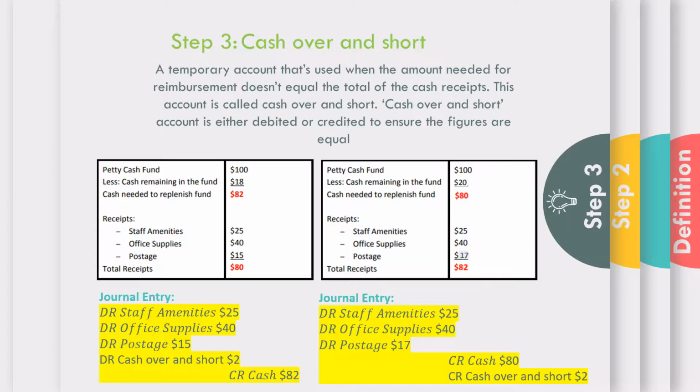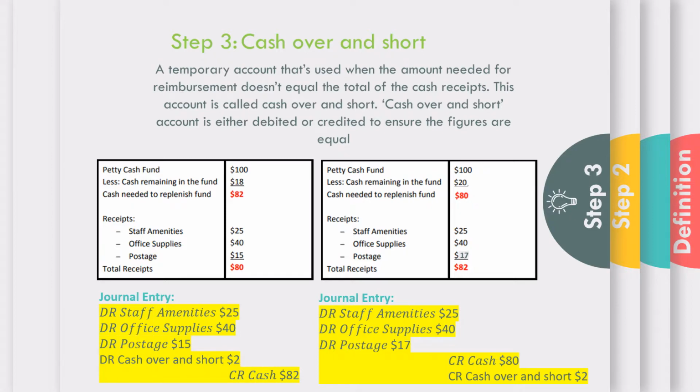When an account has a debit balance, it means it's an expense and it's short. When the account has a credit balance, it means it's a revenue and it's over. In the first table, the total required to replenish the fund is more than the calculated total from the receipts. In order to do this, we need to make a journal entry and write a check to ourselves. So we debit staff amenities, we debit office supplies, we debit postage, we debit cash over and short, and credit